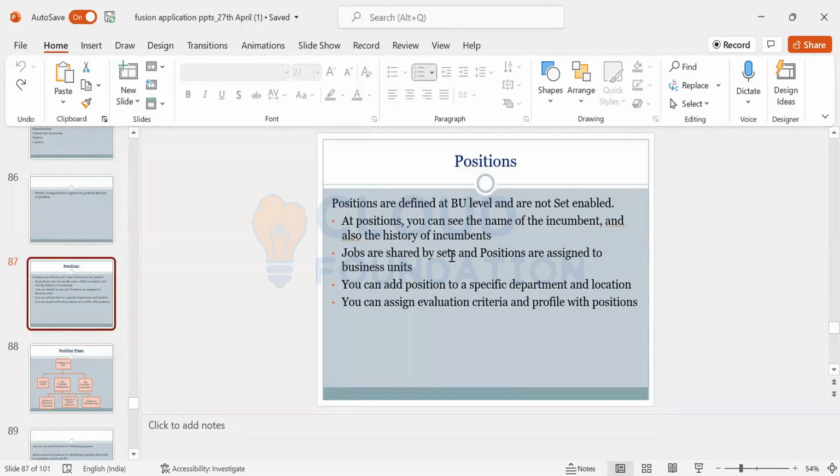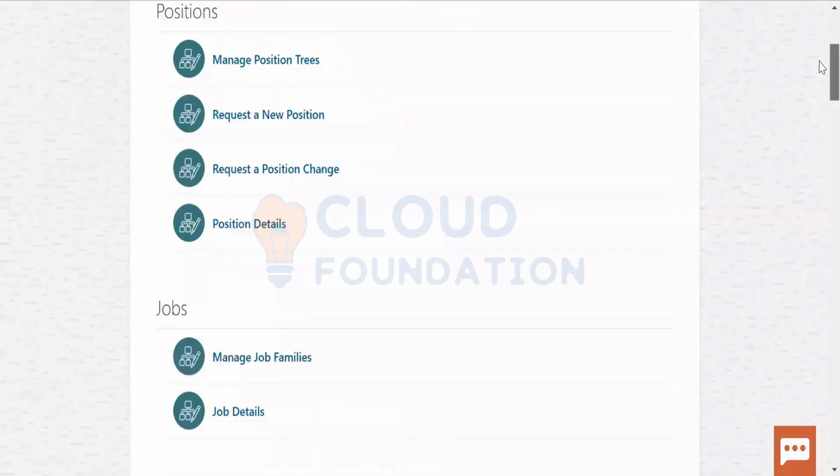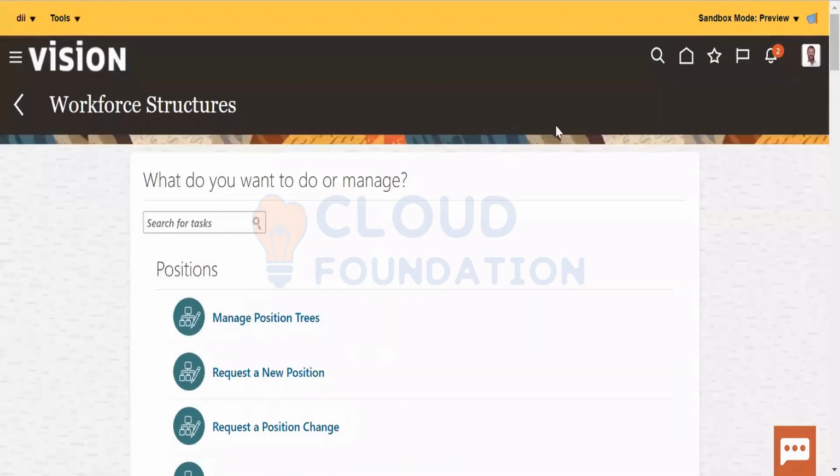Jobs are shared by sets, that means like common set, so we can put the jobs at a set level, but positions are assigned to business units. So there's an interview question that is asked actually every time: what is the difference between them?